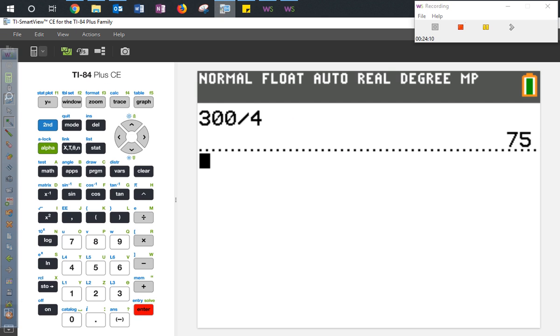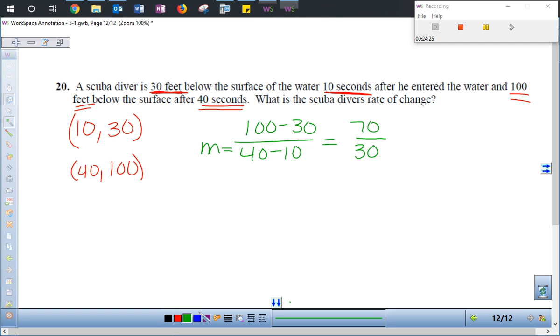So I'm going to get out my calculator here, and I'm going to take 70 divided by 30, and that's not going to give me a nice number like it did for the previous problem. So that just means we have to round. We're going to say approximately 2.3. But now I have to figure out my label. So here in the numerator was my y values. 30 and 100 represented feet. And then in the denominator was my x values, 10 and 40, which were seconds. So that's approximately 2.3